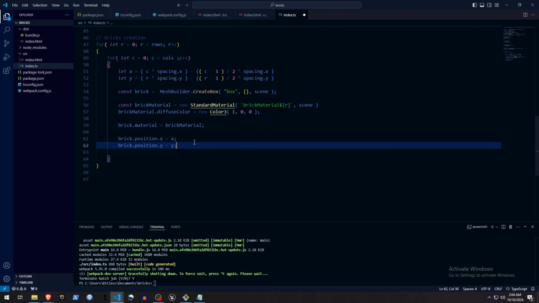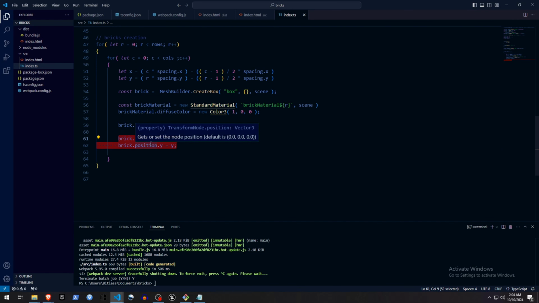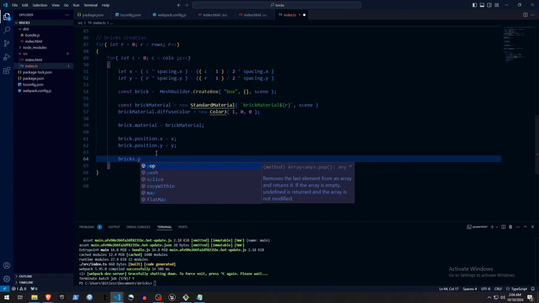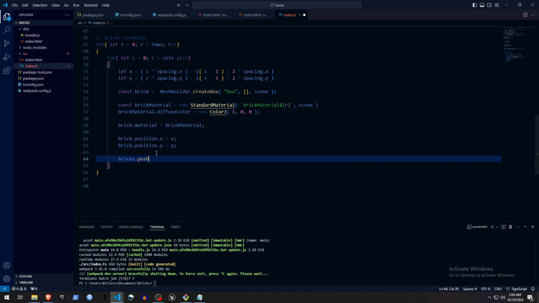So it means that when I create the new brick, which is a box, a 3D box object, and I'm going to change the material, how it's constructed, then I'm going to set a new position in the screen. And then if you remember, I had a bricks object which was an array, and I'm going to push that brick here. Okay,